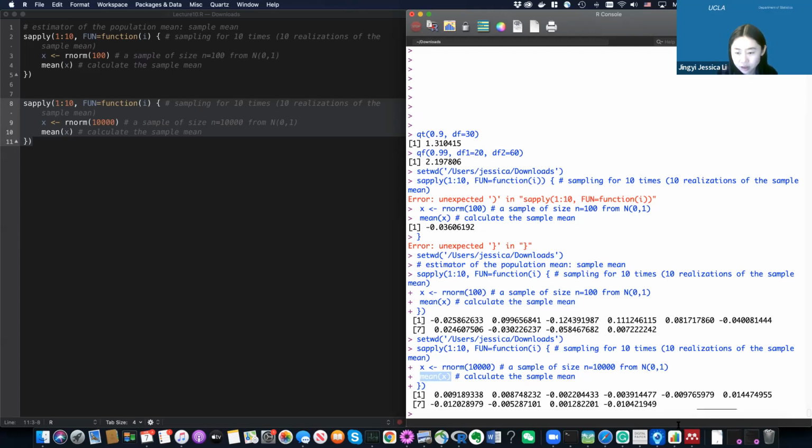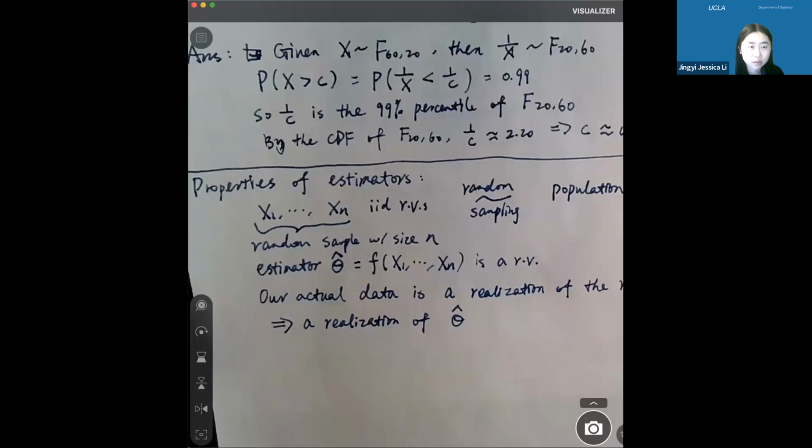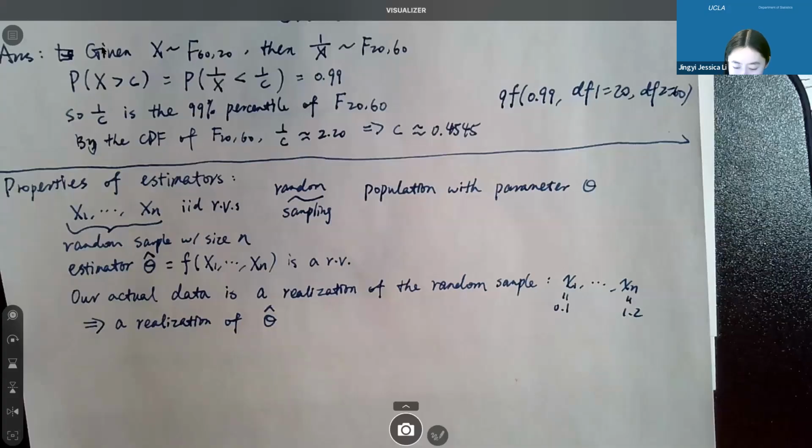Okay, so now let's come back. Let's move back to our mathematical discussion. All right, so we understand why we see an estimator as a random variable and why we only get one realization of it from our data. So now let's go into